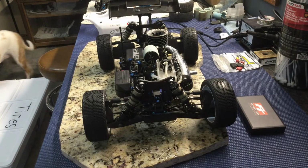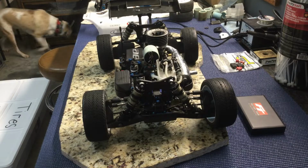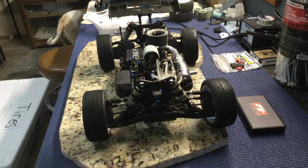Hey guys, let's do this again. I want to do a little follow up on my setup. Basically, I want y'all to know where I'm at in my setup, what my setup is, and how I got there. So let's finish up on